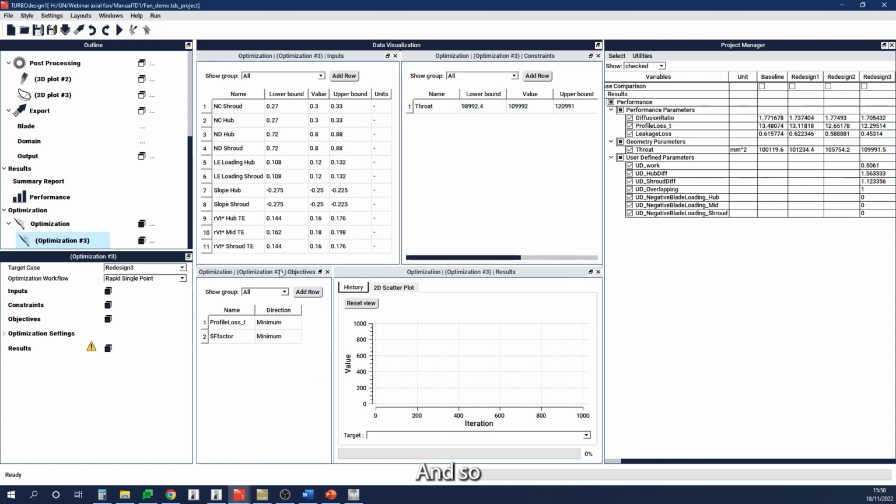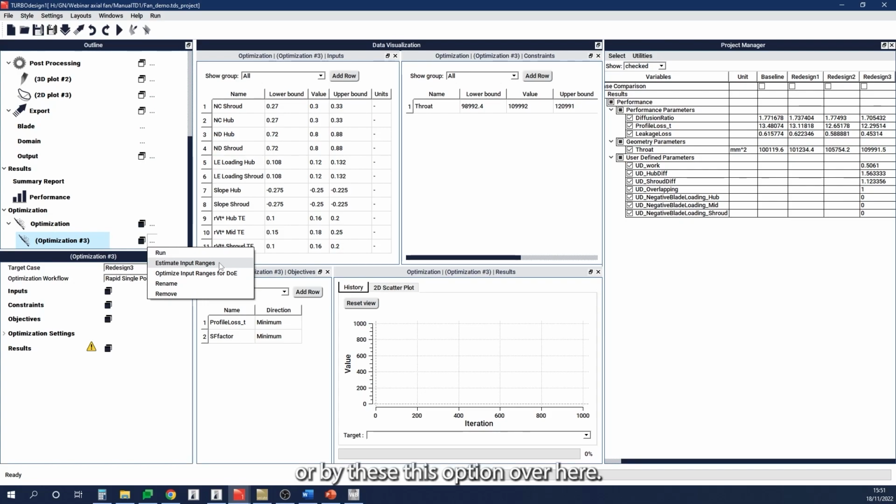And so now we can see that they have been added to the input parameters, and we can start by adjusting the ranges for each of these parameters. And as for the stream-wise loading parameters, by default we can see that the values are plus minus 10% of the original value for each of these parameters, but there is actually a machine learning driven algorithm, which we can activate by